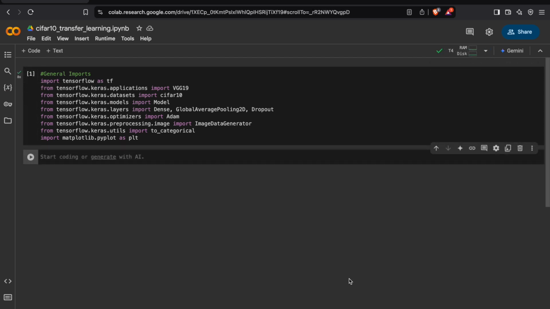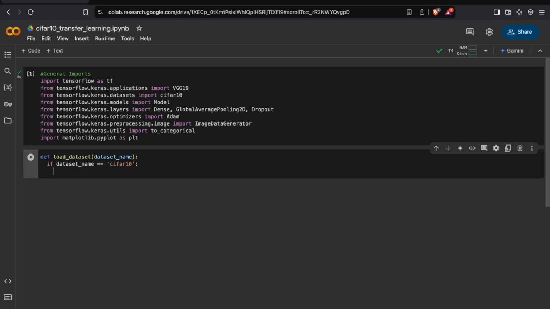In the next chunk, we are going to create a function to load our dataset. So def in Python, load_dataset, and then we pass in the dataset name. So you say if dataset_name equals CIFAR, then we are going to create a tuple that's going to receive the training dataset and the test dataset. So we create a tuple here and give it x_train